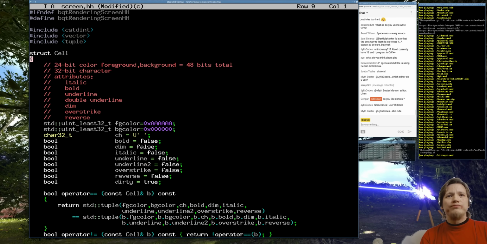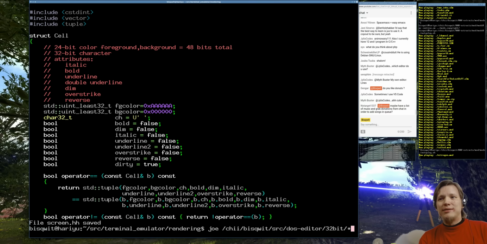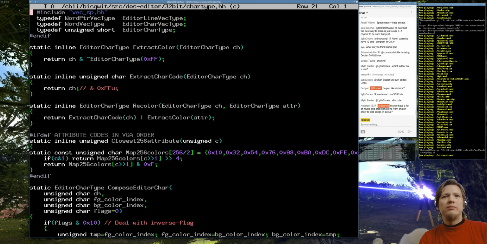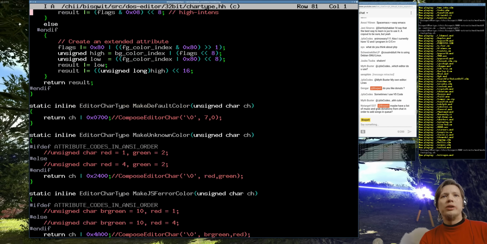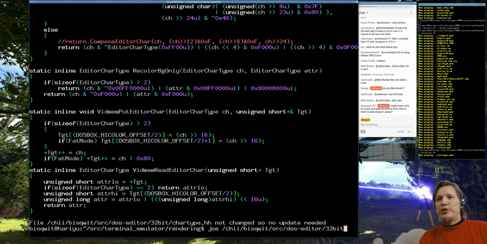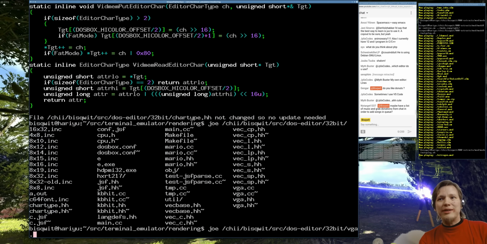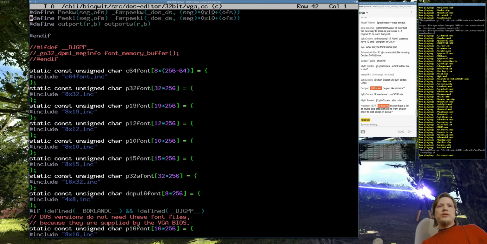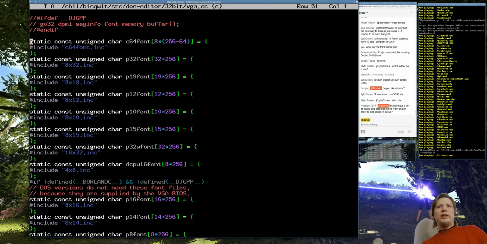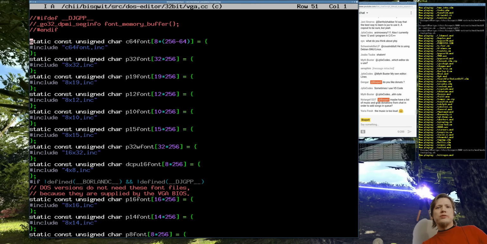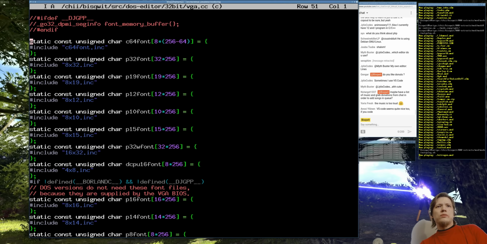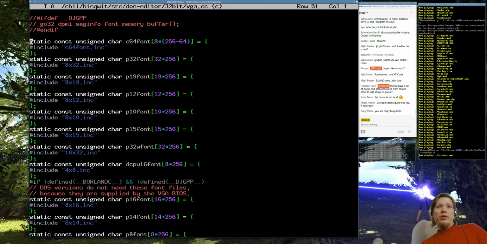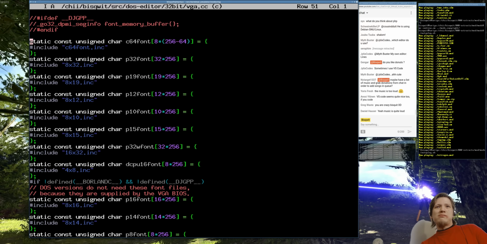So fonts. Have a look at how I did it in that editor. Type. Recoloring. Yeah, that was for DOS, so there's a lot of code there that I can just discard. So here is the actual inclusion for those fonts. Sure, why not? There is probably a wiser way to do this, but